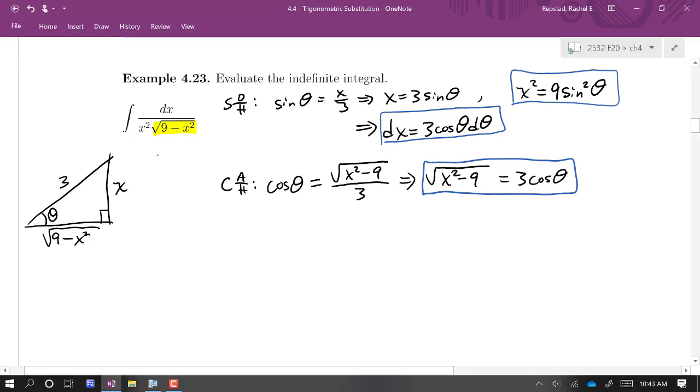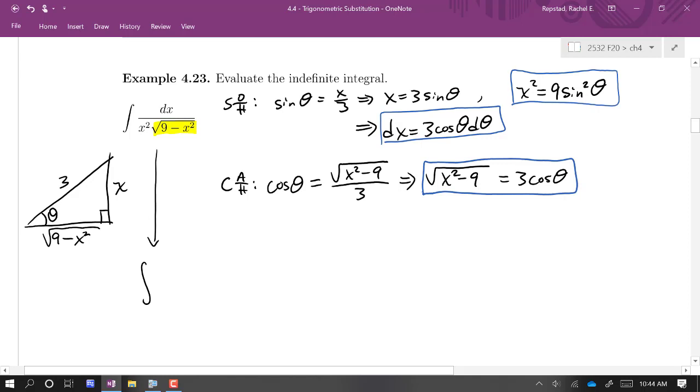Let's note that if you look at the integral at first, as it's given, dx over x squared times the square root of 9 minus x squared, we don't really have a great path forward for that integral. The techniques we already know will not really work well for us here. There's not a u substitution that jumps out at me. But using the trigonometric substitution,